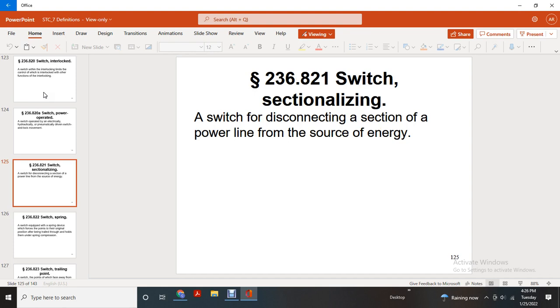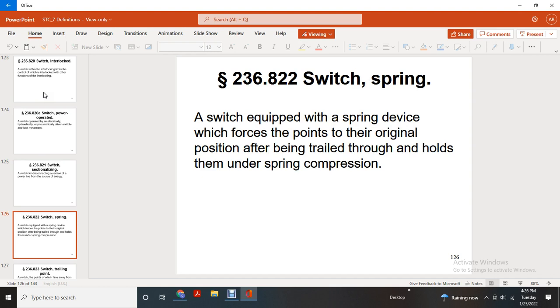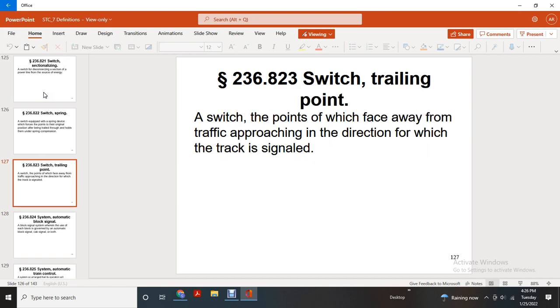Switch and disconnecting section of the power line with source of energy. Switch sectionalization. Switch spring. A switch equipped with a spring device force of the points of the original position after the trail through the hole to the underspring compression. Switch and trailing point, switch of the points which face away with the traffic approaching the direction with the track signal system, automatic block system, block